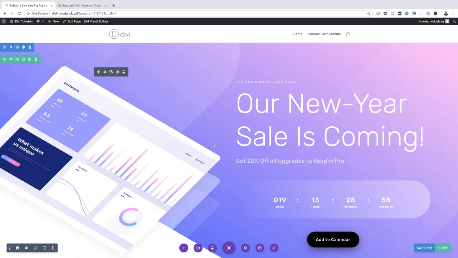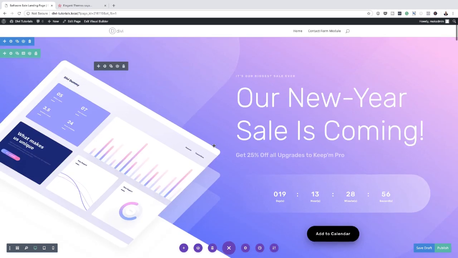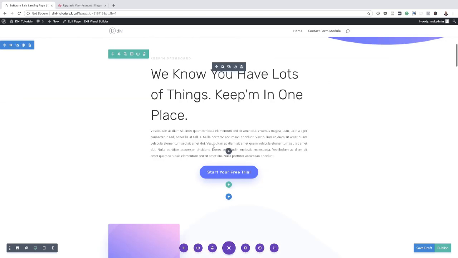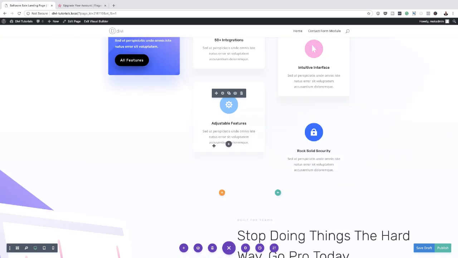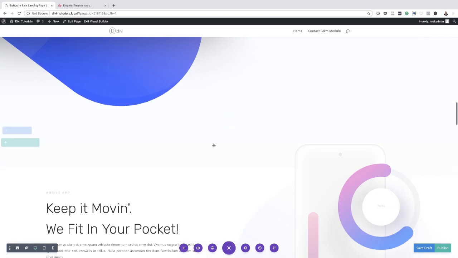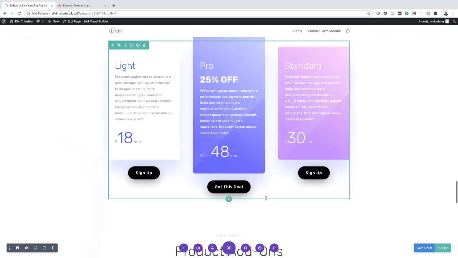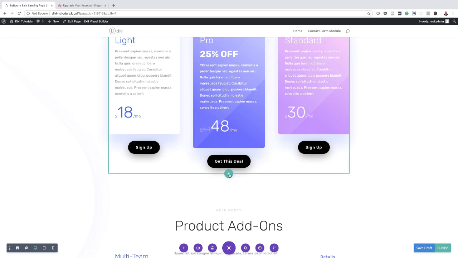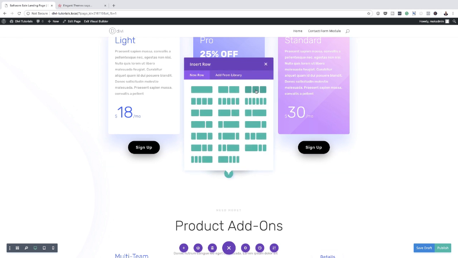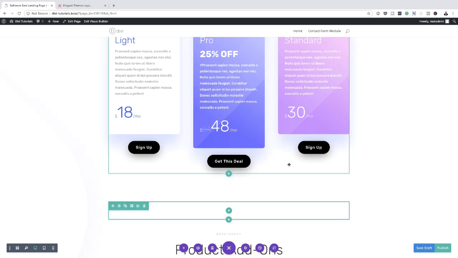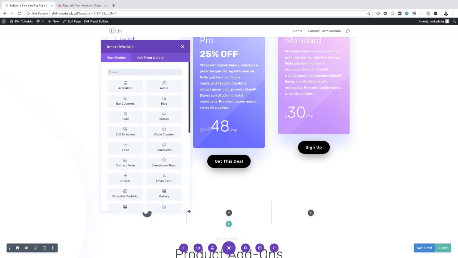Right, so what we're going to do here is add our column structure for the pricing table. So I'm going to come over here, scroll down until I get to the pricing. Right, so this is where we are. So I need to add a new column structure. So I'm going to click here on this plus button. And we need 3 because we're going to have 3 prices there. Okay, so now that we have these 3,